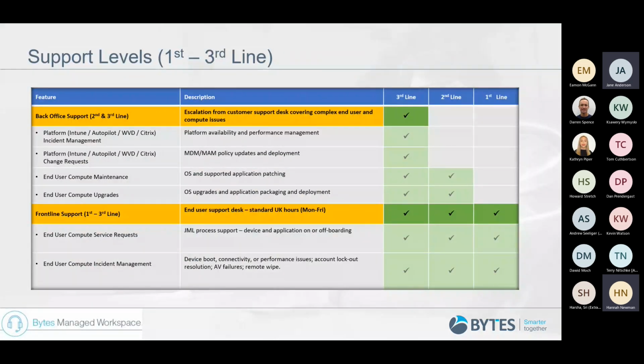So the service is actually broken down into two options, because not all customers will require the full first to third line managed service. The BMW service is charged on a per user per month basis, so depending on the level of support that you require, the pricing is tiered. As I mentioned, not all customers need the full service because they have an existing in-house team. So the second and third line option can help internal teams by providing additional resources when resourcing is tight,